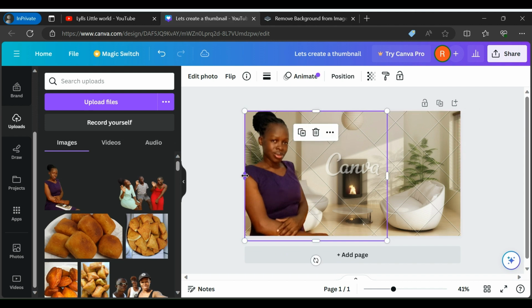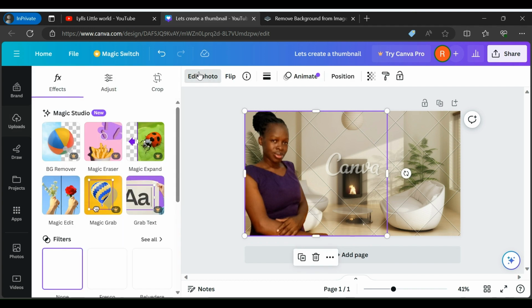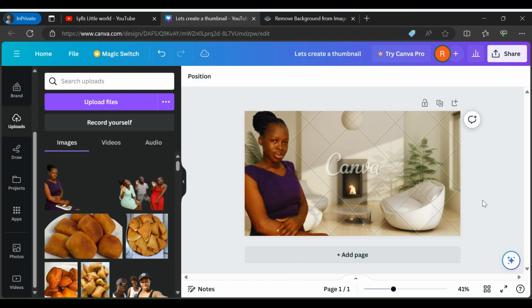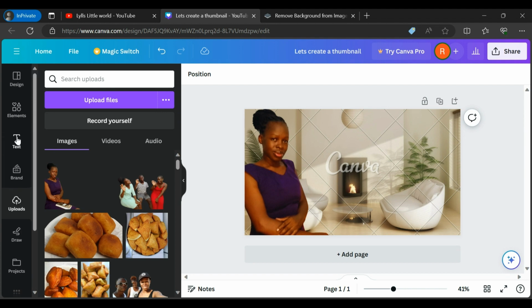So guys, this is the photo that I've used. So here it is. So this is what we want to use. So maybe I'll add some filters on it so that it looks so good, and it matches this place. At least you can see, maybe I'm sitting here on a seat, and these are the seats. Then I add my thumbnail message, which I'll just come here and click here